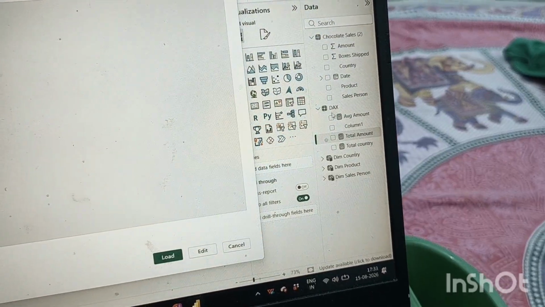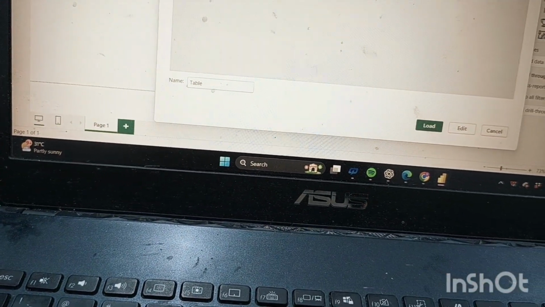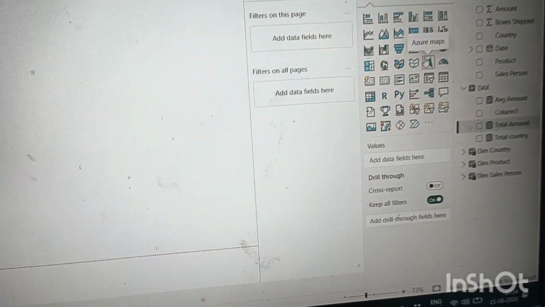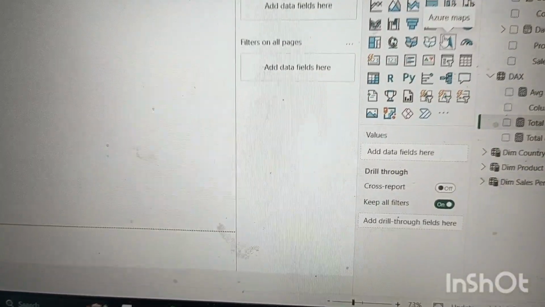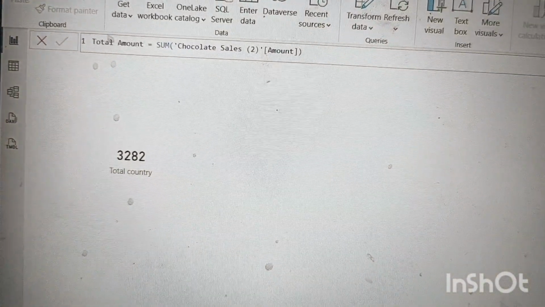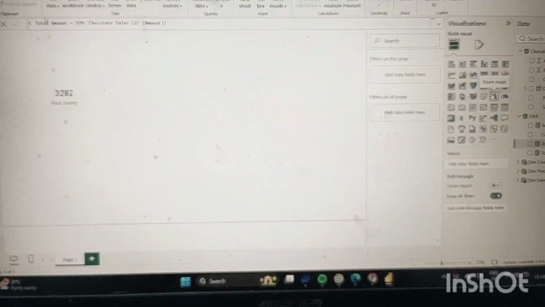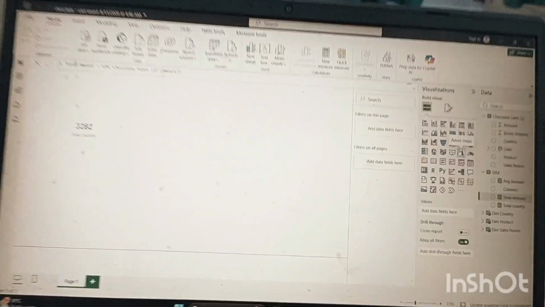So the DAX table is available, and your table will be created, in which you will perform all the calculated measure functions, like the total amount I have created. Likewise, guys, you will have to perform more DAX functions if you want to create meaningful insight.